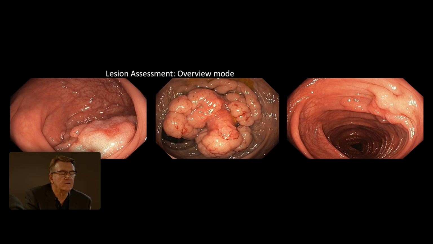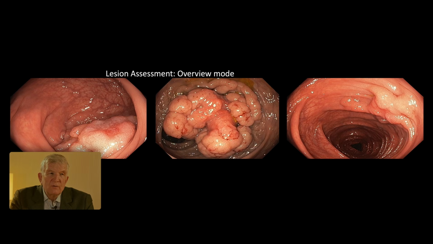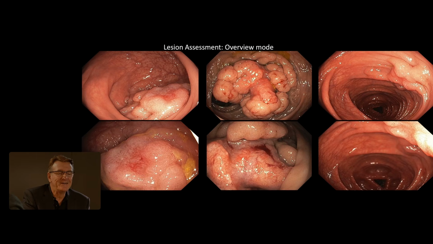So here we see an abnormal area. In here, this is abnormal. And here. So there's already a clue, in overview after we've cleaned, that this may not be a benign lesion. Three different examples. With a risk of between 10 and 30%? Well, we have to look a bit more carefully to decide, but it's going to be 100% in these three examples. So then when we look more carefully,